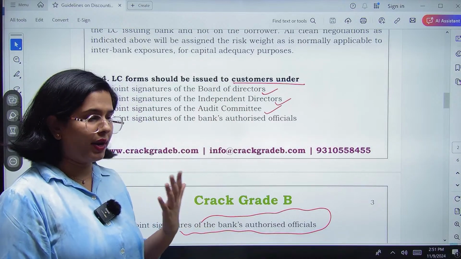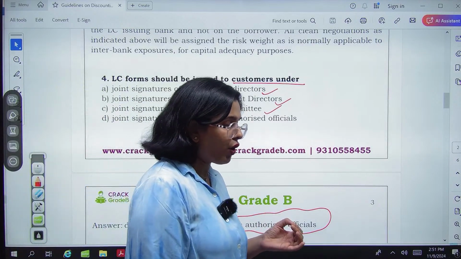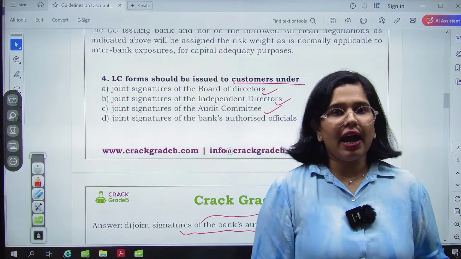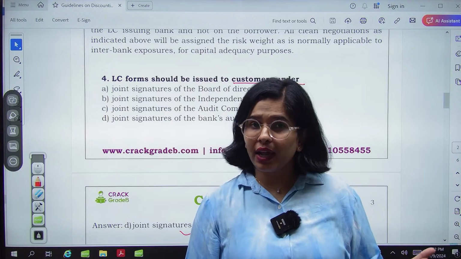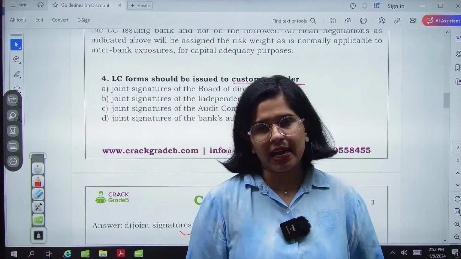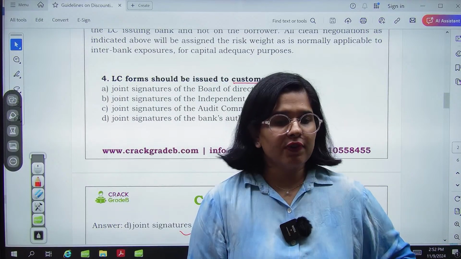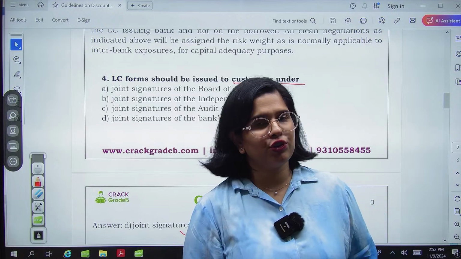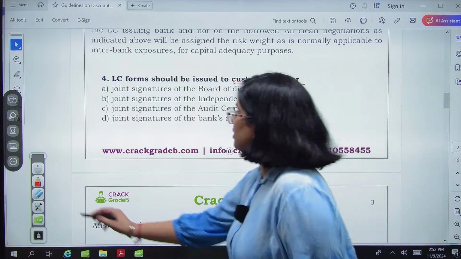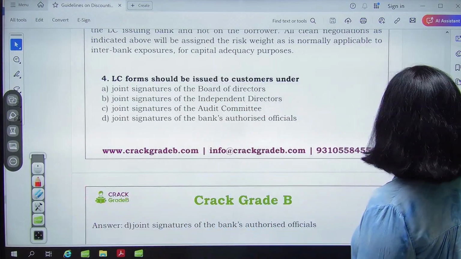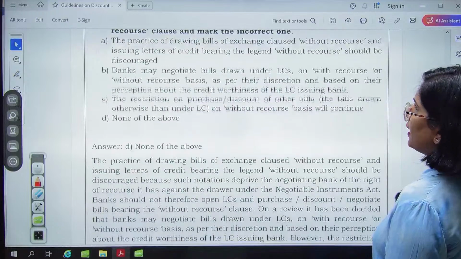And let me tell you one more thing, audit committee is for the checking purpose. They are not involved in the day-to-day business operations or day-to-day operational decisions that a bank is going to take. So wherever audit committee appears, you should know that it is a wrong option anyway. Next we have,